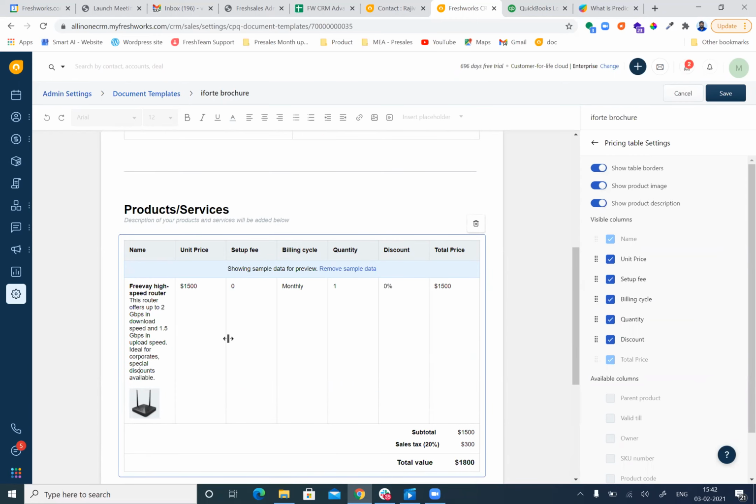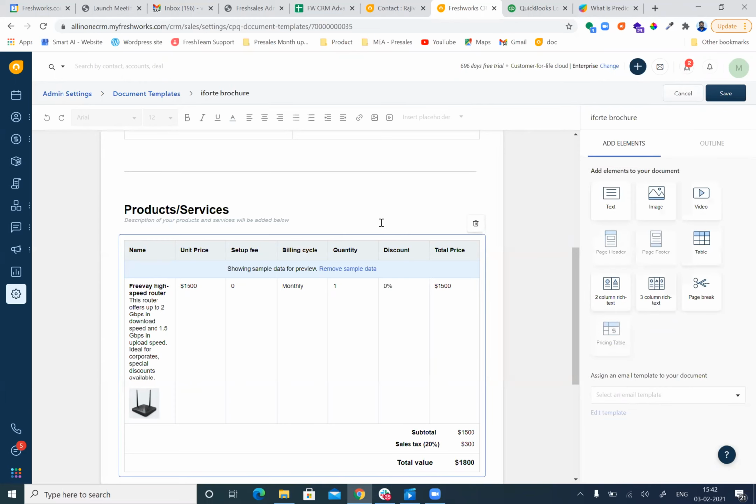Any questions? Awesome. Edison, can I ask a question? Yes, please. You told me that we can make a document inside the CRM, right? Yes, inside the Freshworks CRM itself. We have this document creation as an add-on for the Freshworks CRM. Exactly, yes.